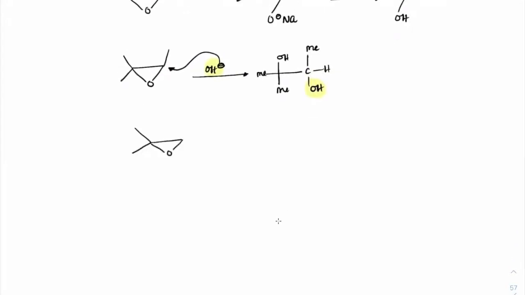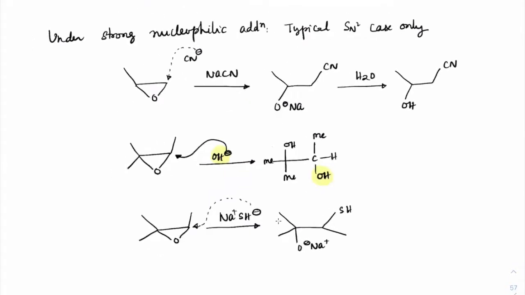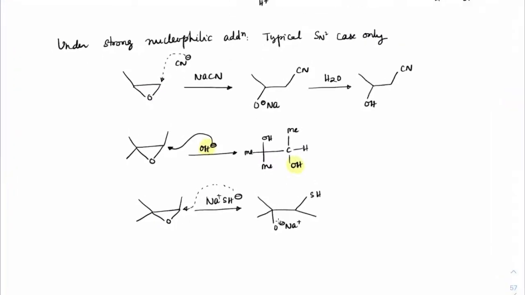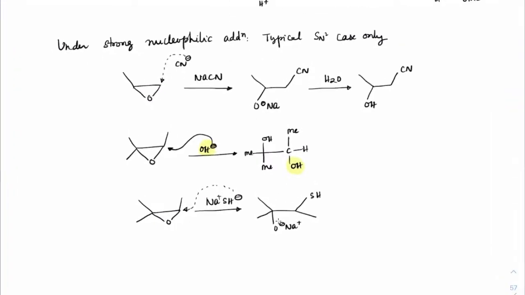So we have O here in this reaction with Na plus and SH minus. SH minus is a very good nucleophile and it would attack on the less substituted carbon here. So on attacking there, we would get the product as SH, O minus, Na plus. And further hydrolysis, you know what will happen. So I suppose all of you understood how the reaction takes place.